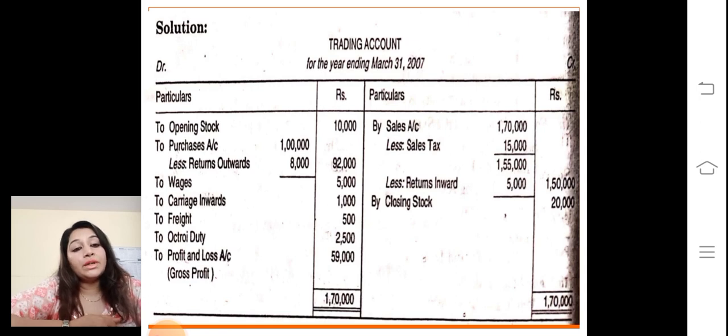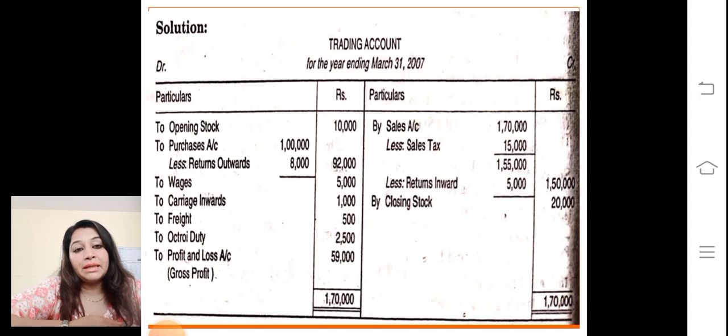Other than this we have return inward. The other name of return inward is sales return. So we made sales and there is some return of 5,000, so we will less it, and the final amount is 1,50,000. This is the sales, and the closing stock is 20,000. So we'll make the total. In the down, total will be same. The highest amount will be quoted on both the sides,